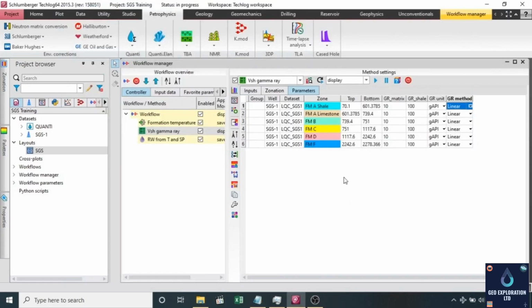So let's move to our workflow manager. We can manually add the values of GR matrix or GR shale like this, but today we are going to tell you how to visually set these values, like the shale baseline and the sand baseline. For that you have to click on the display current layout parameter, and then click on the layouts of input,